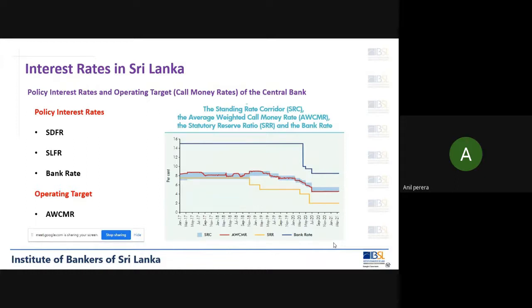Yes, sir. Okay. This rate is important for the central bank because on a daily basis, the central bank monitors this rate and injects or absorbs money to keep some stability of this rate. In other words, the central bank is trying to maintain this rate within this corridor or closer to this corridor. Now, this red line is the call money rate. How is the central bank trying to stabilize this rate? It keeps it within the corridor by injecting money